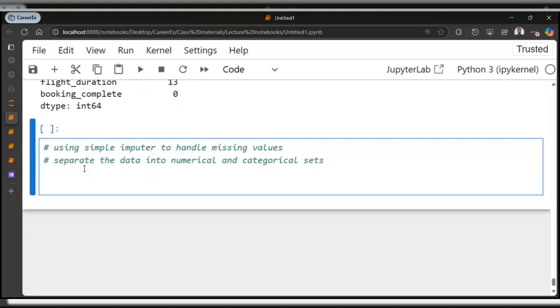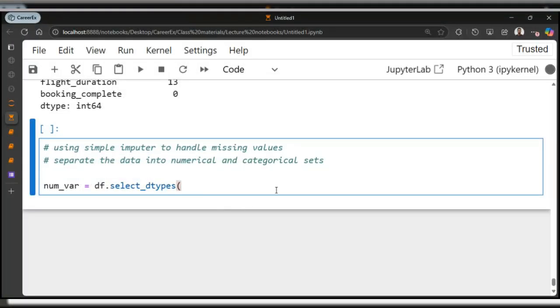How do I do that? I'm going to come here and say number. Is it pd.select or df.select? Let me try to see if it works first. I think it's df, right? So df.select_dtypes.